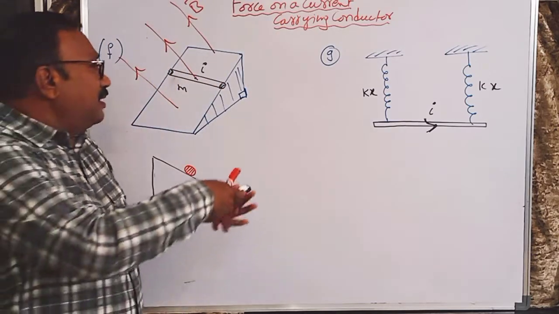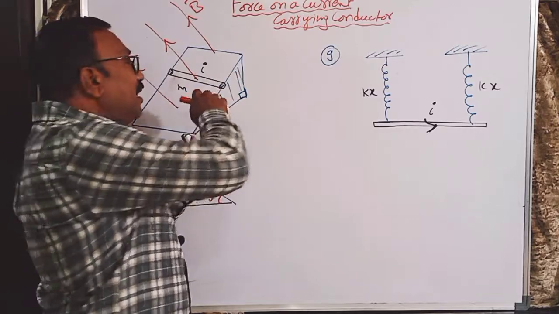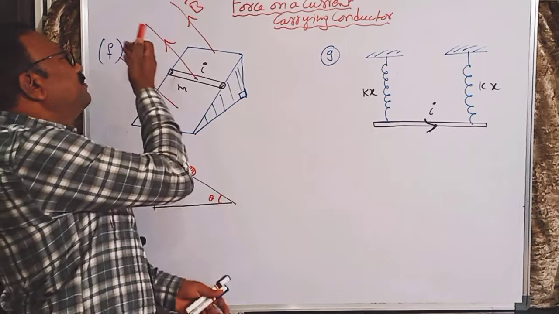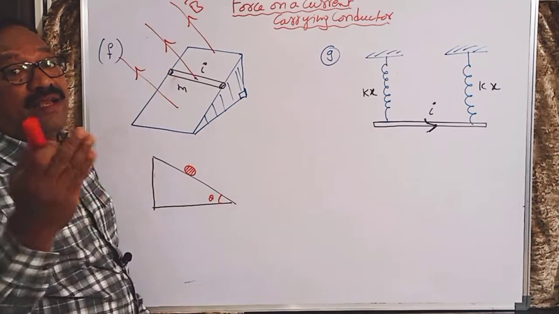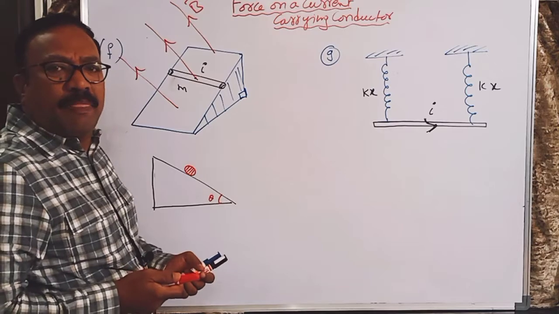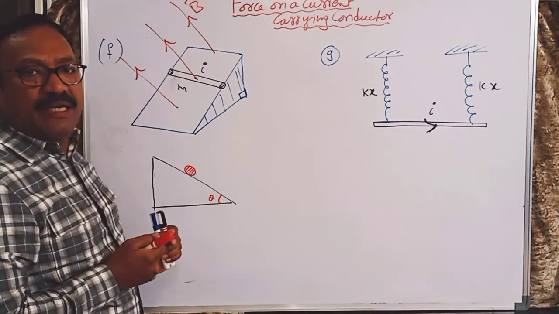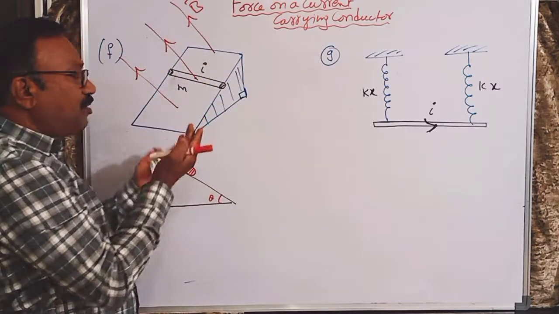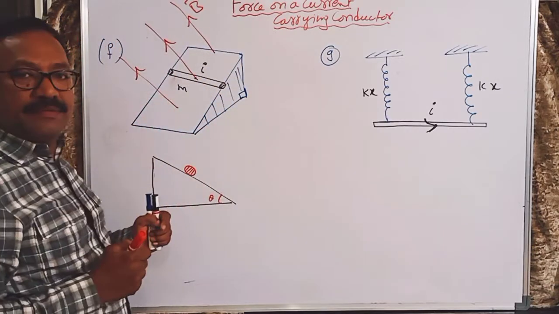Why does any conductor move? Unless somebody pushes. Who will push? BIL sin 90 will push. That might be the reason, no other way. Then who will push the conductor up the inclined plane? Either you have to apply the force with hand. I am not touching. Only the current concept is here.